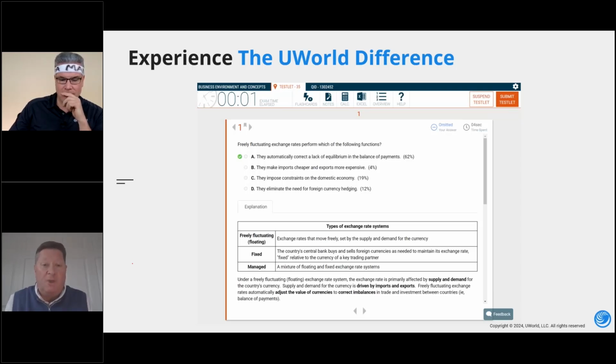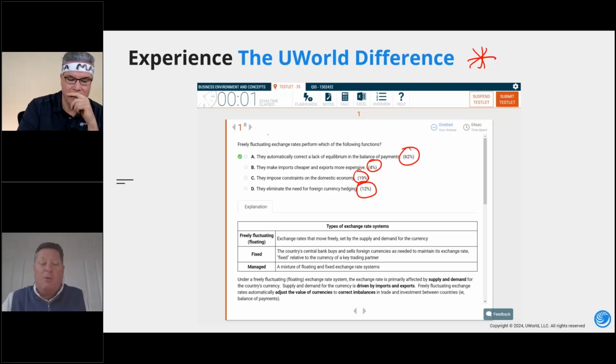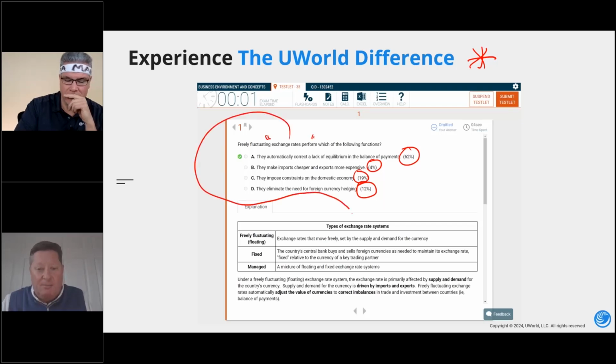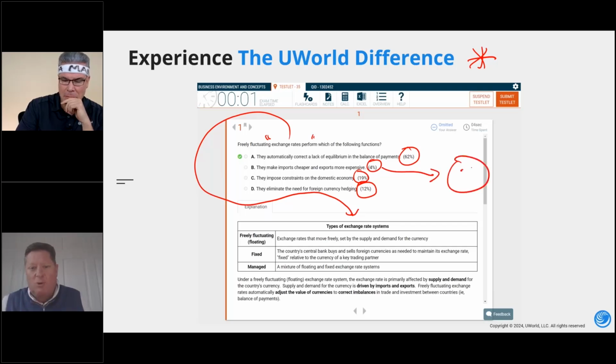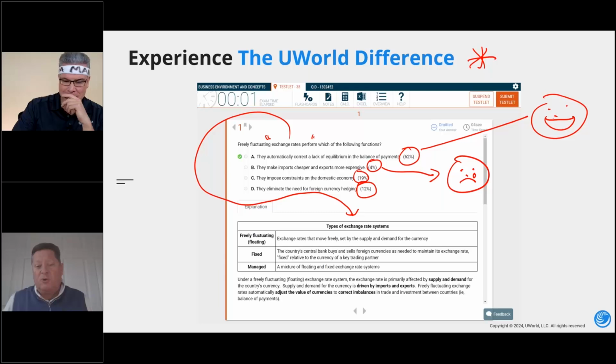But here's one of the hallmark features. We've got basically our question here. We're now in the Prometric interface. We're very, very big about practicing how you're going to be assessed. So we've got you in the interface, but we're also giving you the advantage of seeing people that have used the system, how they're responding. And this can be really helpful, especially in the case where you didn't get it right. Well, are you way wrong? You know, like a 4% wrong, or are you maybe closer to the majority? So anyway, right, 4 makes us very sad, 62 makes us very happy,